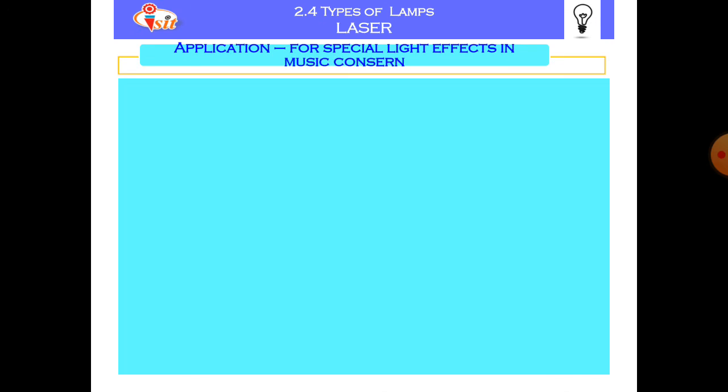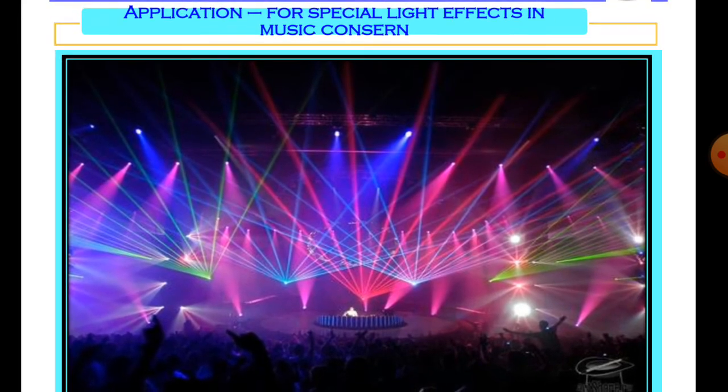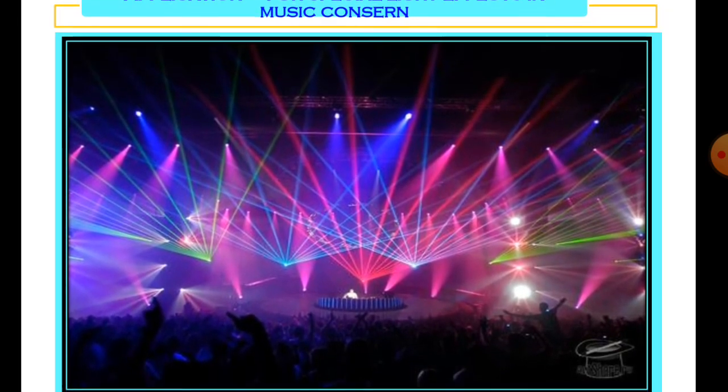So next one is special light effects in musical concerts. The atmosphere in that musical concert will be improved by the laser.